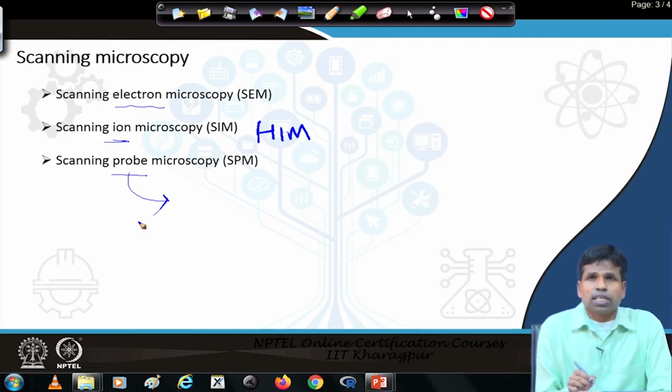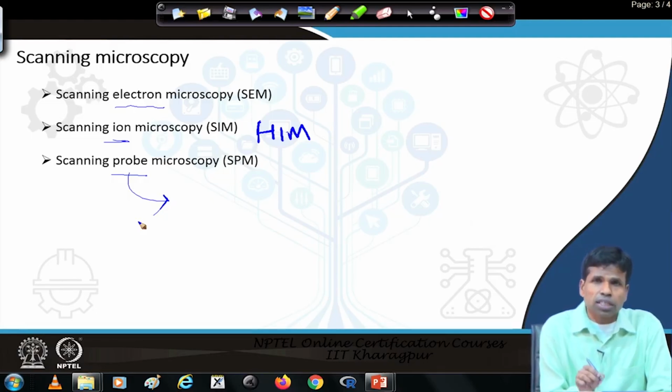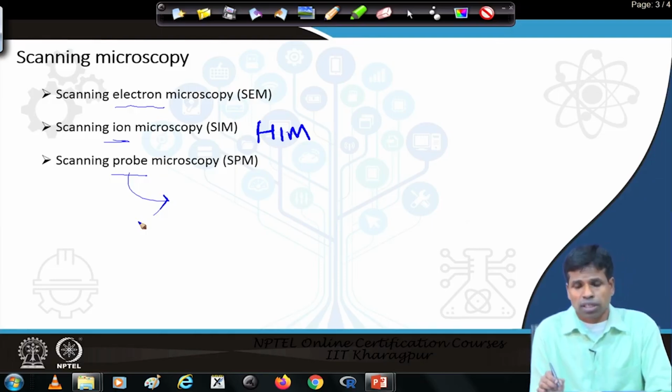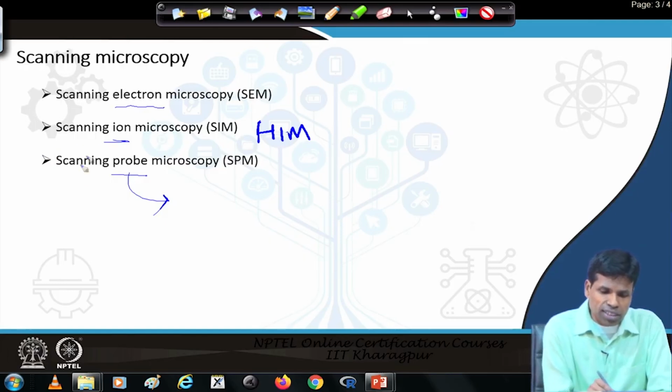In all these three cases, in the first case the electron beam scans as a raster, in the second case the ion beam scans across as a raster and provides the information. Similarly, in the third case, a physical probe scans across the surface and gives us a signal, providing us the information that can be used to create a three-dimensional image. So, in this third case,